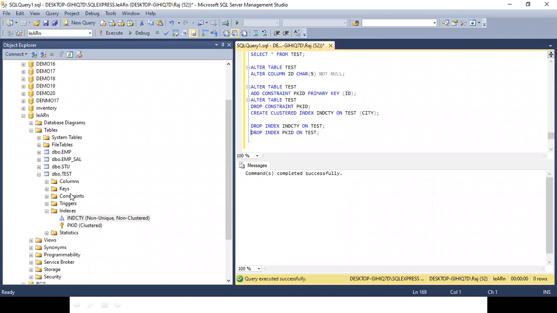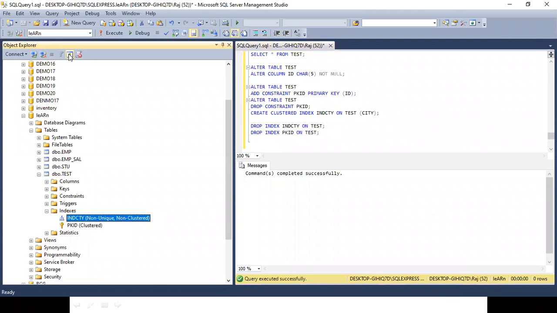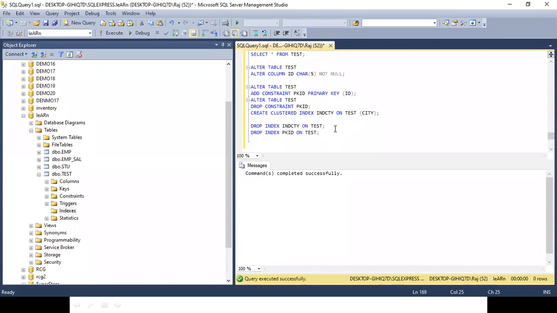Now the index has been removed. Now you say create clustered index on this. Command completed successfully.